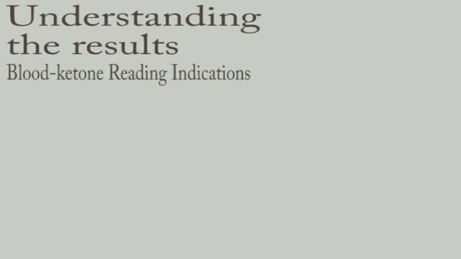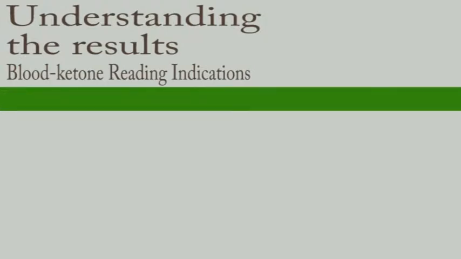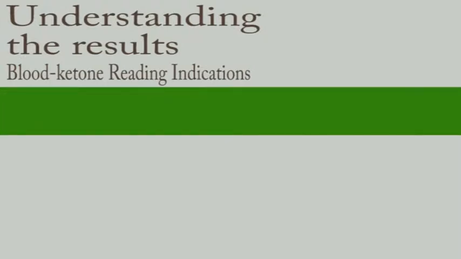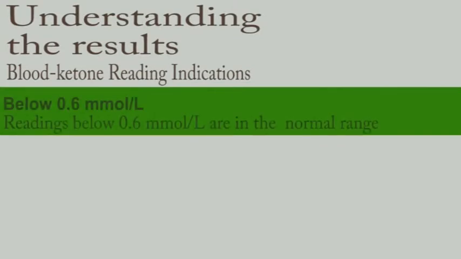As science is advancing, nowadays we have glucometers also, which can check your blood ketones. In the blood, only beta ketones are present, and there is a range advised for the test. If your beta ketones in the blood are less than 0.6 millimole per liter, this is a safe range. You can correct it at home with a lot of fluids and by correcting it with the extra insulin dosage.